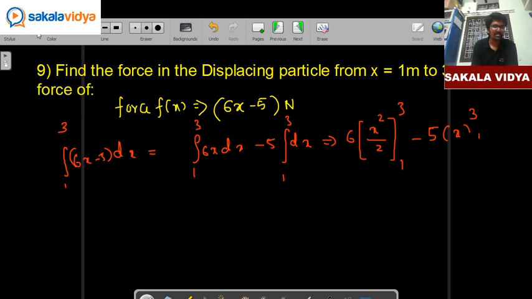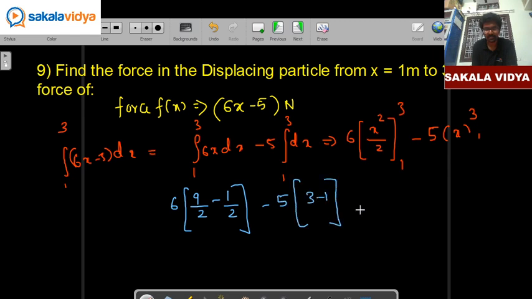So when we solve this, we're going to get 6 into, first we have to use the upper limit, that is 3 square, which is nothing but 9 divided by 2. Next, 1 divided by 2 minus 5 into upper limit 3 minus 1. Then it becomes 6 times of 9 minus 1 is 8 by 2 minus 5 into 3 minus 1